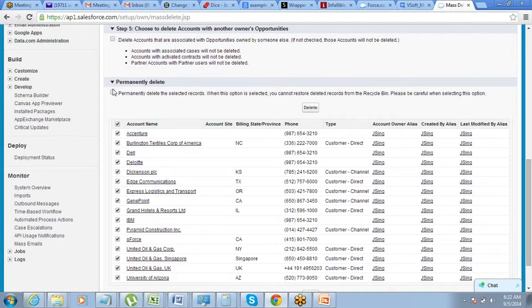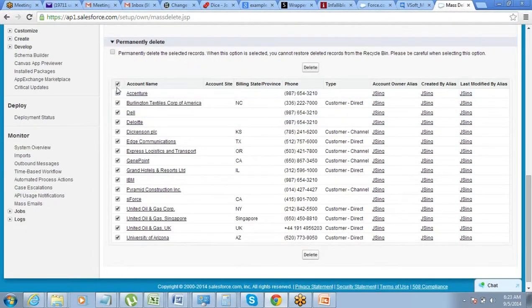Okay. So this recycle bin is used for storing all the data which is deleted. But if you click on permanently delete, then the data will not move to the recycle bin. It will be permanently deleted. Okay. So again, this is not recommended. Don't get into this, because in case after deleting the data you realize that you have deleted something by mistake, you should at least have a chance to go back and retrieve it.